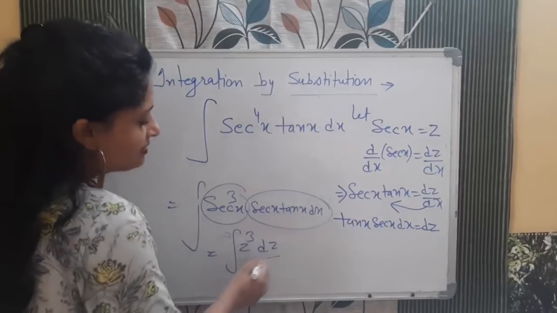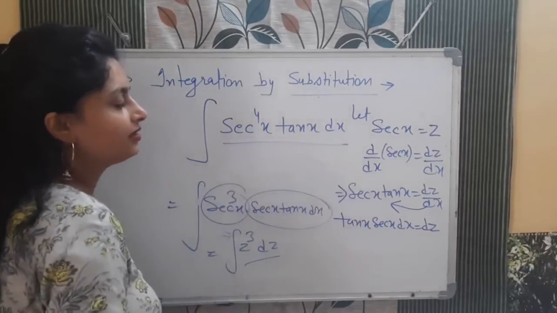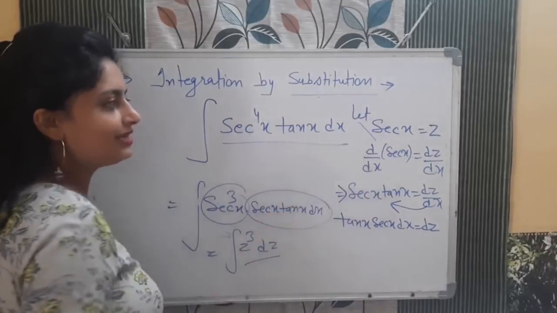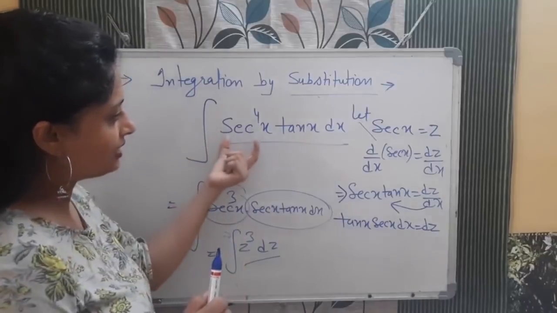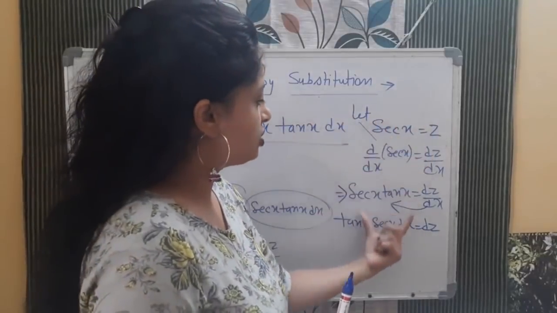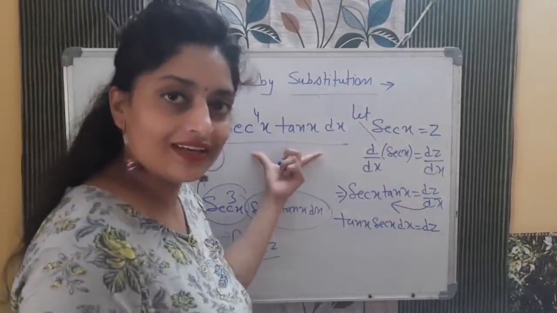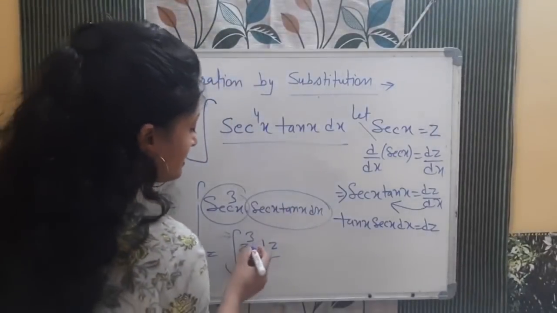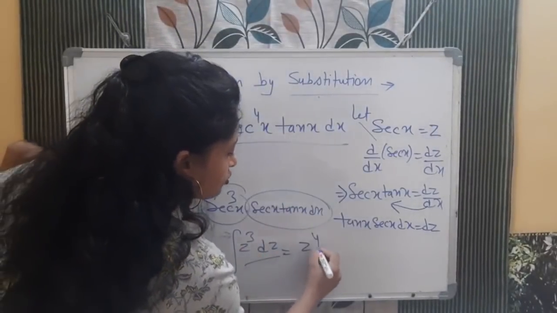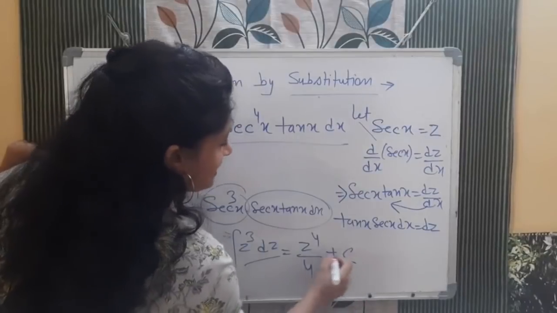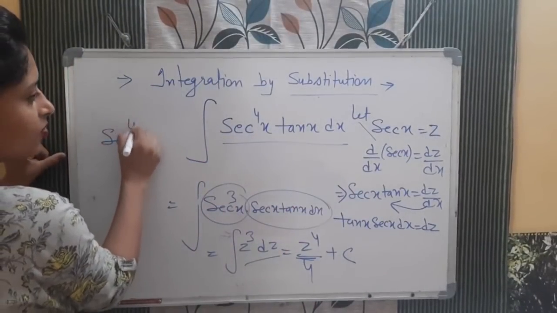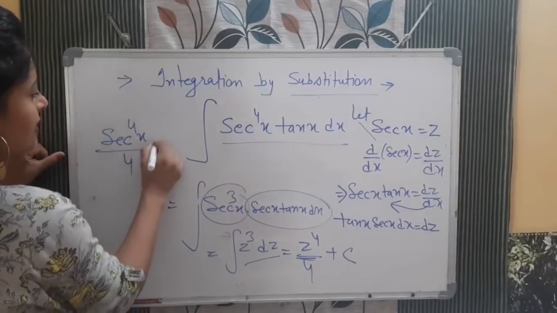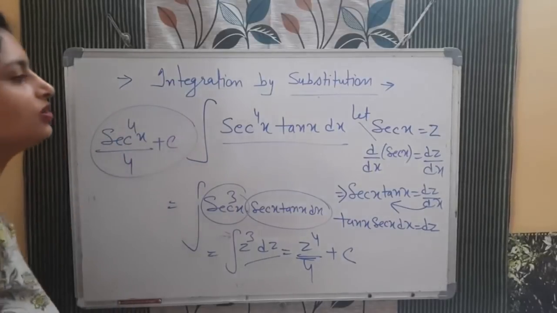Now integration कितना simple हो गया. See यहाँ पे देखो क्या था. And when we consider, so in that you need to think कि किस चीज को ऐसे choose करना है, that when you will put it equal to z, so जो differentiation होगा वो भी इसको cover कर ले and it will come into a simpler form. So this is now z cube dz and simply z raised to the power 4 divided by 4 plus c. In place of z, now you can put the value. So you can write secant 4x divided by 4 plus c. This will be your answer.